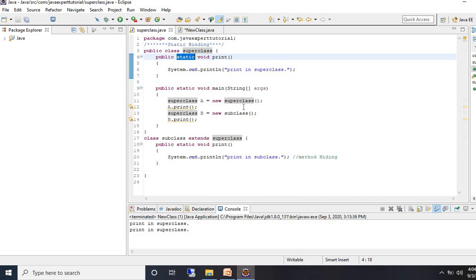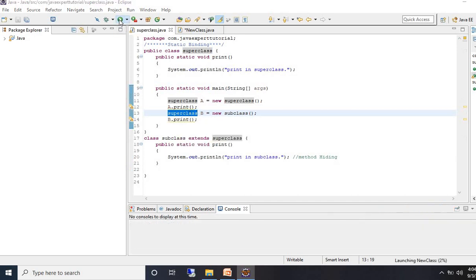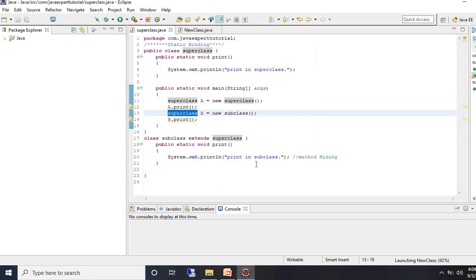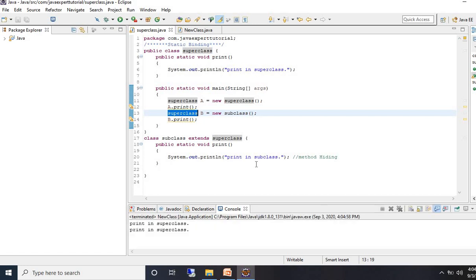If we try to override a static method, it performs method hiding, and the compiler does not give any compile time error, and every time the parent class method will be invoked. As you can see, both times the parent class method will be invoked.